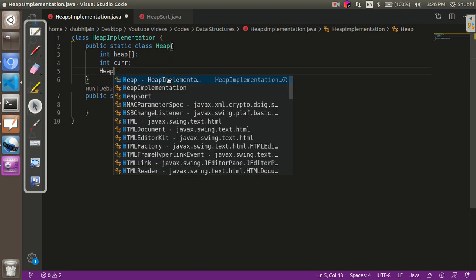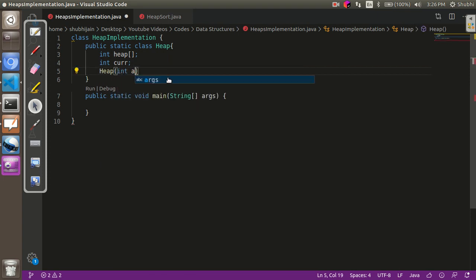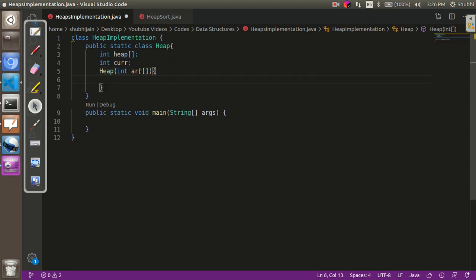So we will have a constructor which will take an array as a parameter. Now we are going to build a heap using this array. So we are going to pass an integer type array over here, and we are going to build a heap using this array.